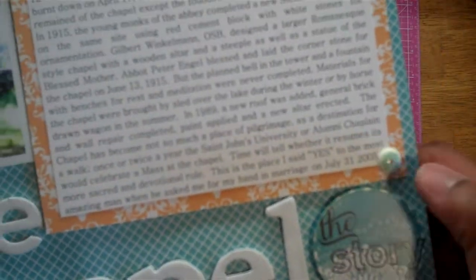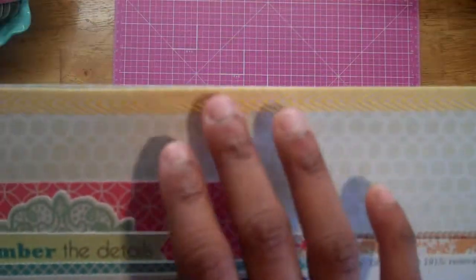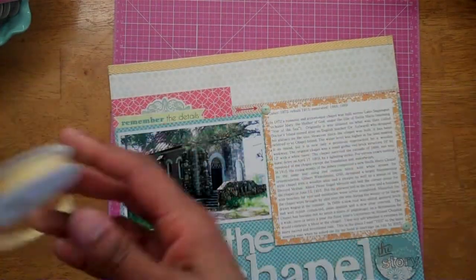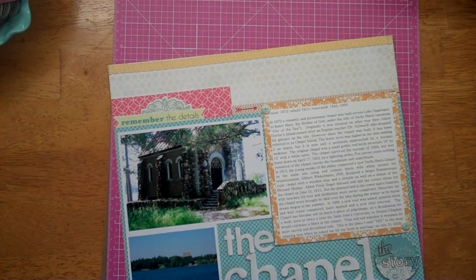For brads, I used this from Stampin' Up. That's a brad, and then I used it down here. Ribbon. This is ribbon here. I put some adhesive on the back, and then I used my Tiny Attacher just to give it some interest. And I did it again on the bottom. It's this ribbon here from a Studio Calico kit. I think it's American Crafts, but